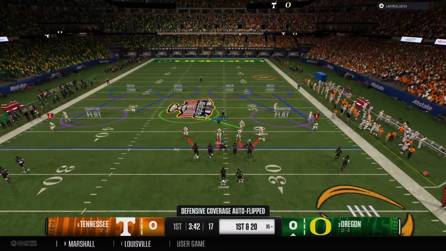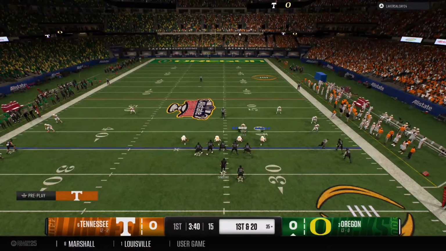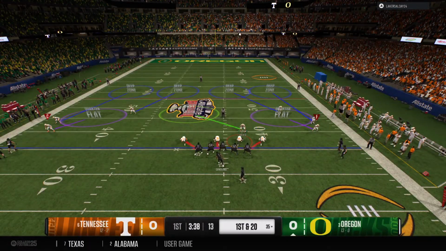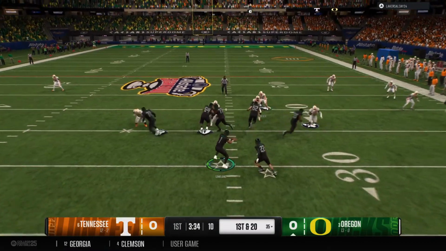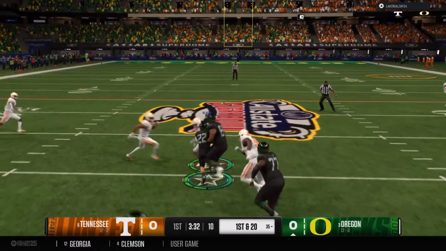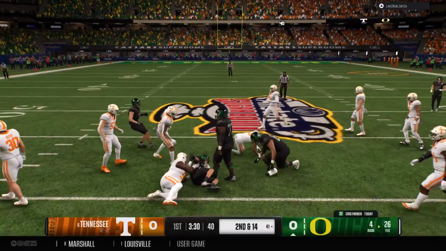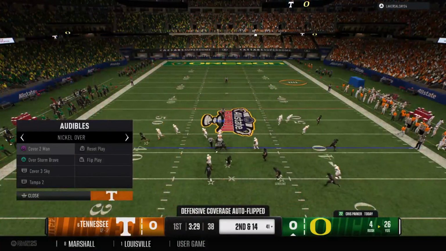First down play call. How aggressive will it be? The shotgun running play call. Powers through. That run moves the ball across the 40.